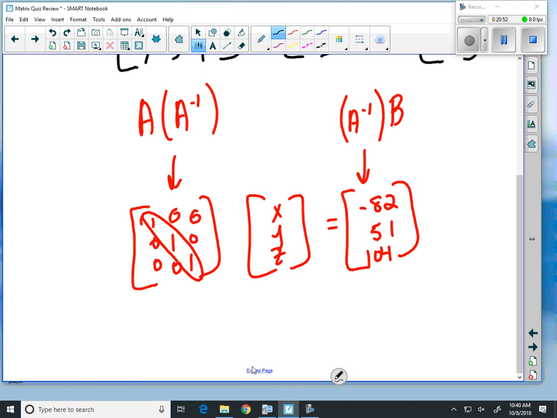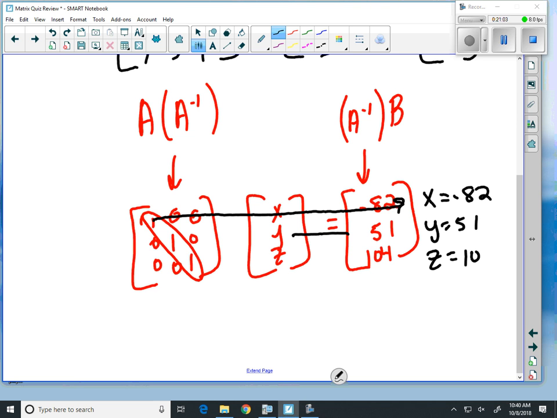So if you look across this first row, this is like X equals negative 82. The second row, Y equals 51. Third row, Z equals 104. So when you write this as an answer, we have negative 82, comma 51, comma 104, and that's